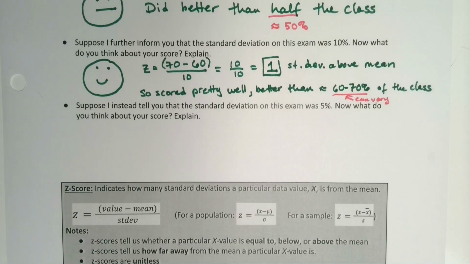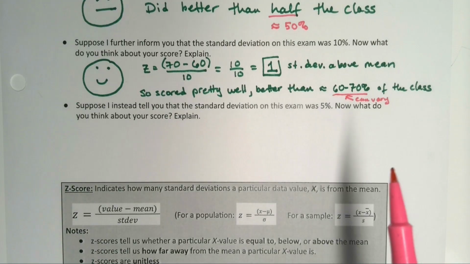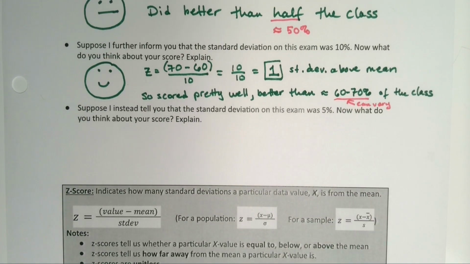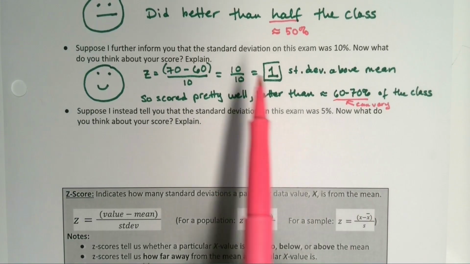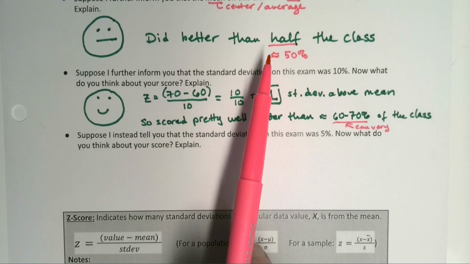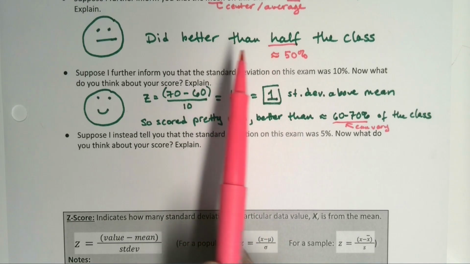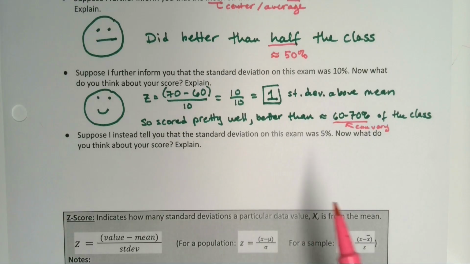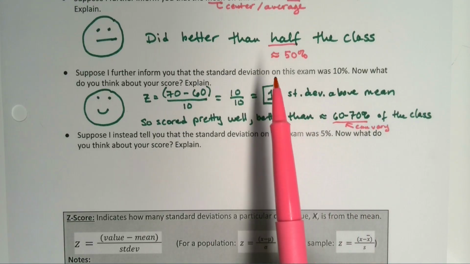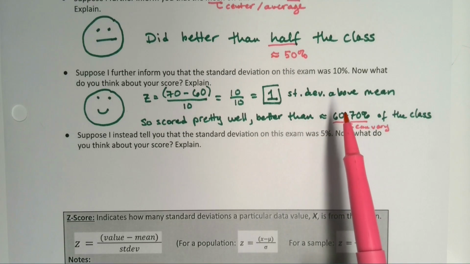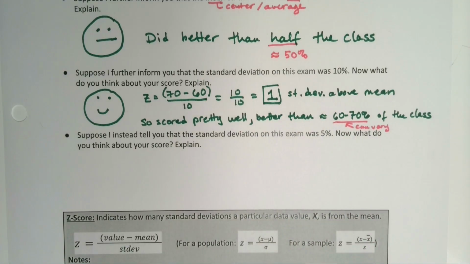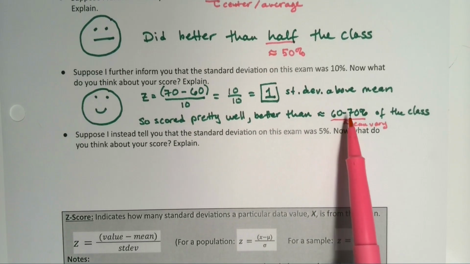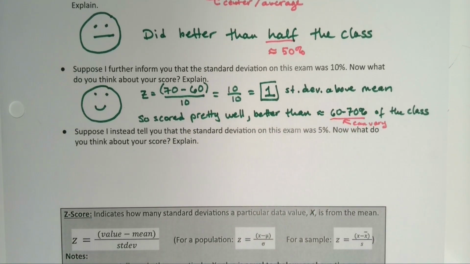So now you scored better than about 60 to 70% of the class. That can vary a bit depending on the shape of the distribution. Was it skewed left or skewed right or whatever? When you only know the average, you only know whether you're above the average or below the average. Better than half or worse than half. And even the half isn't perfect, depending on the shape of the distribution. But once you know you're 1 standard deviation above the mean, now you know you're even better. You're not only better than half, but better than around 60 to 70%.